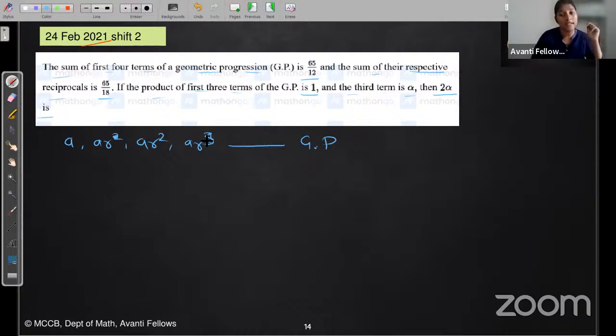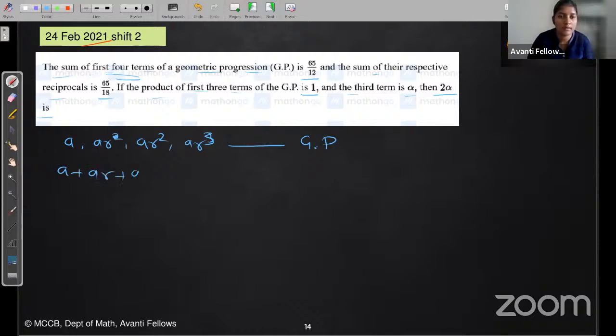We have to consider that formula only when they ask for the product of those four terms. But here they asked for the sum. If we consider A by R cube, A by R, AR and AR cube and take the sum of it, it's going to be complicated, right? It's in fractions. So we will not consider it. Now they have given that the sum of these terms is equal to